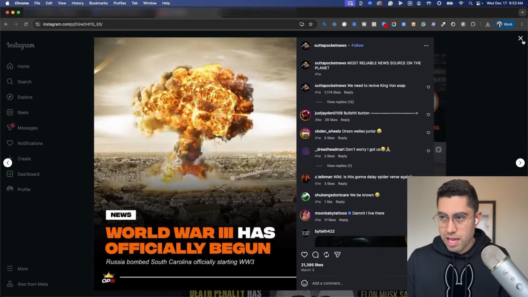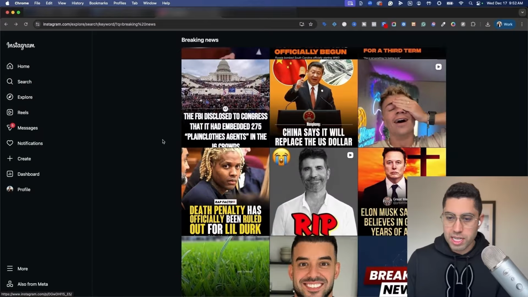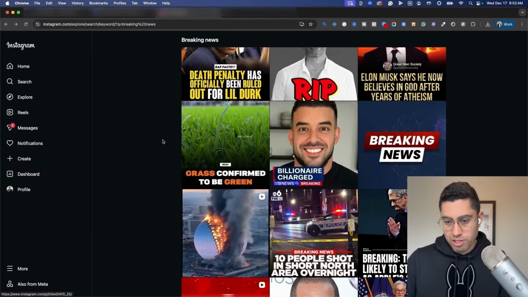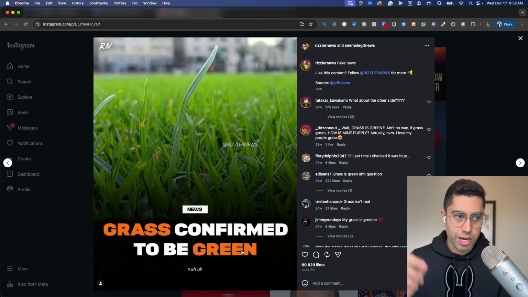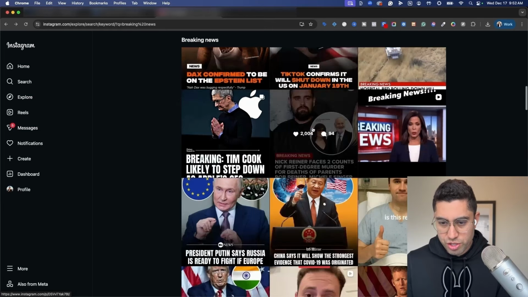And there you go. And the reason this works so well is because it's so native to the platform that people are going to see it, they're going to stop scrolling, and they're going to engage with it, right? And it also looks like it's not just a normal ad, right? So you can see here, same exact format, this black gradient, large text, grass is confirmed to be green, great news, solid journalism here. And so this is pretty much your ad format.